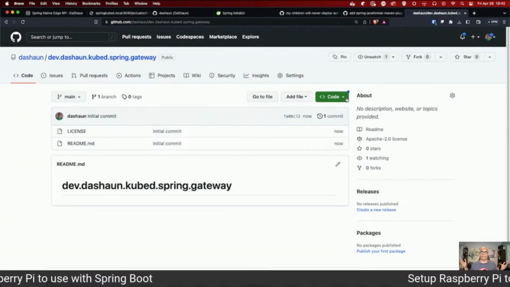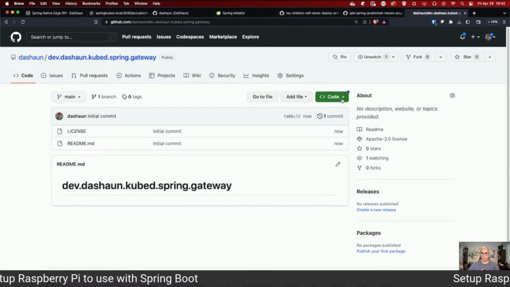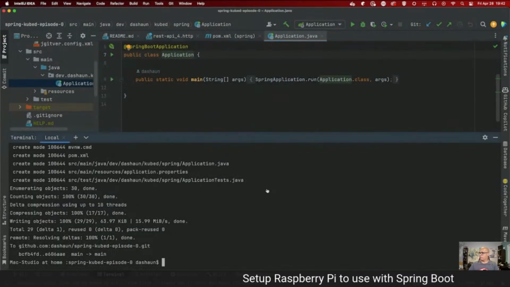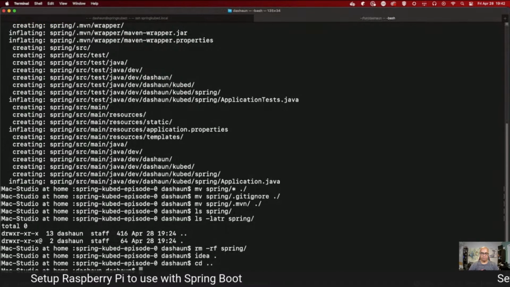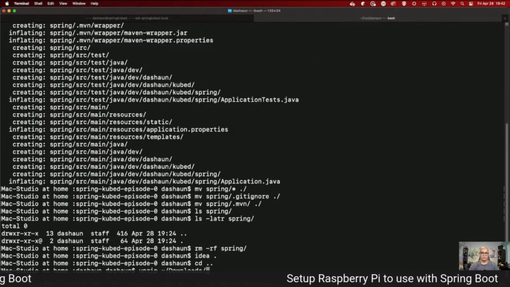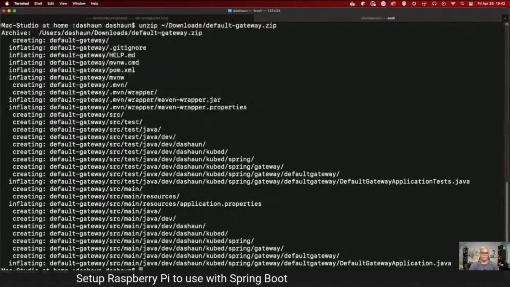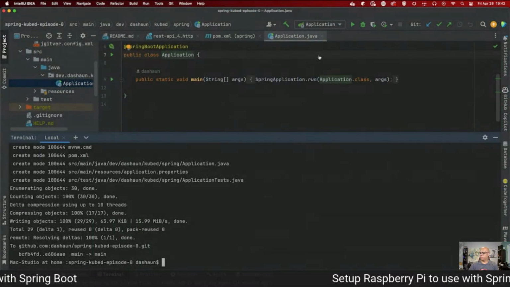Wait, I skipped a step. So I only ran the thing that we just built. I only ran it on my box. I didn't deploy it. So let's do this real quick, and then let's go deploy that other thing. So here in my local zip downloads, it was default gateway. Wait, and then I want to grab this,